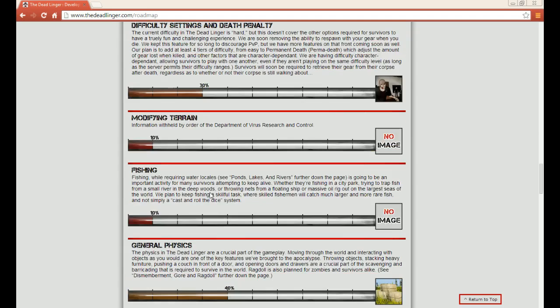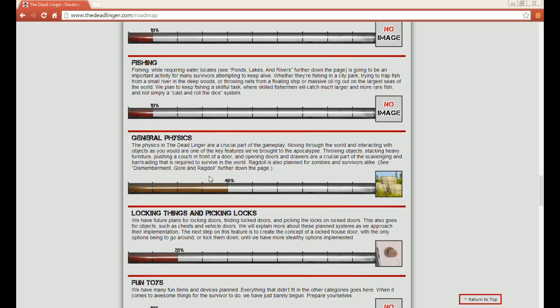We've talked about modifying terrain. We talked about fishing. Let's talk a little bit about general physics. Now, I mean that's going to mean all kinds of stuff to folks. There's ragdoll effects. You know, people will talk about physics. There's just the dropping things, falling. You could even say to an extent when you talk about physics, there's your collision detection. My gosh, it can go really deep. Let's talk about their definition, what they're doing so far with general physics, and then we'll talk a little bit